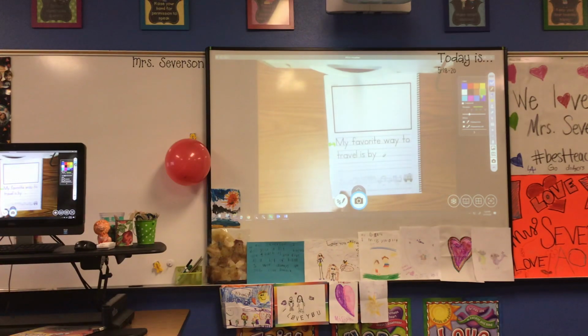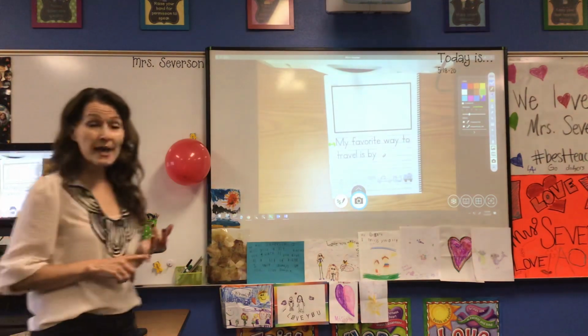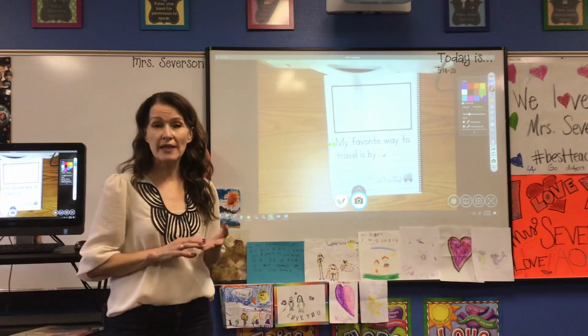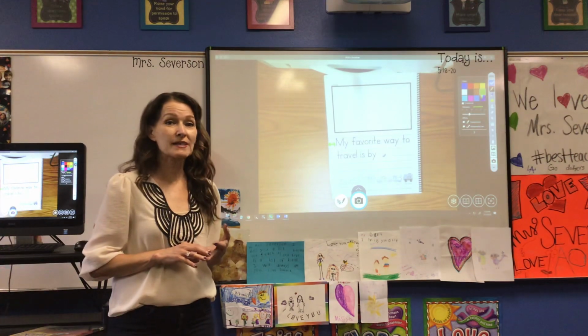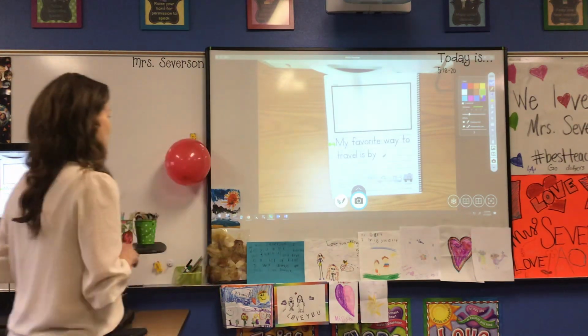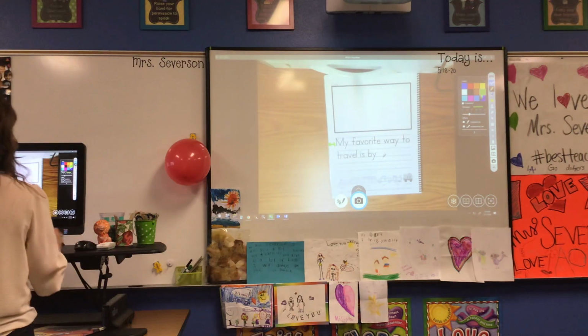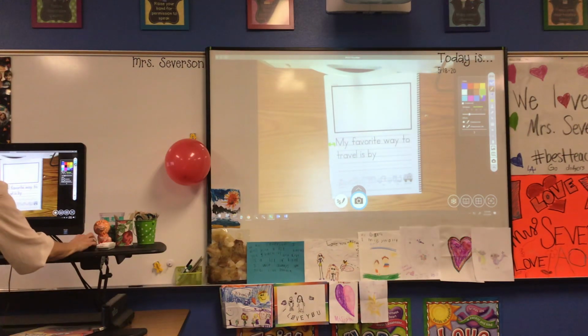We have a scooter, a car, a van, a truck, a train, or a motor home. You could also say by bike, or roller skates, or an airplane, even a spaceship. Let's see, my favorite way to travel is probably by a car. How boring is it? But I do like a train too, because I've been on a train before. It's very relaxing. So I'll say a train because it's different.